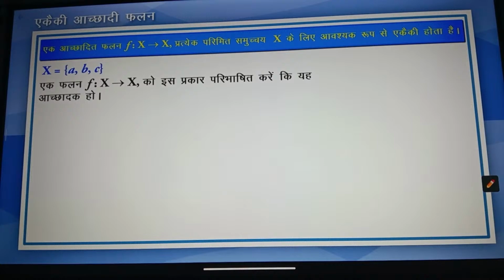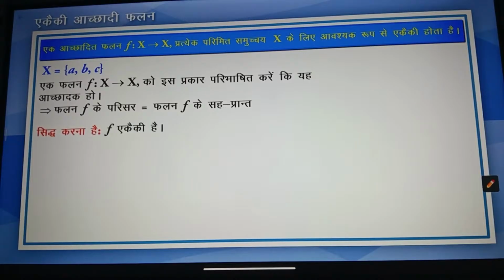साथ ही एक आच्छादित फलन f: x से x प्रत्येक परिमित समुच्चय x के लिए आवश्यक रूप से एकेकी होता है। आइए इसे सिद्ध करें। उस परिमित समुच्चय x पर विचार करें और मान लें कि f: x से x एक आच्छादित मानचित्रण है। इसका अर्थ है कि f का परिसर f के सह प्रांत के बराबर है। हमें ये दिखाना है कि f एकेकी है। आइए मान लें कि f एकेकी नहीं है।